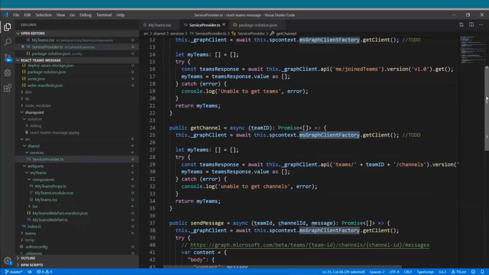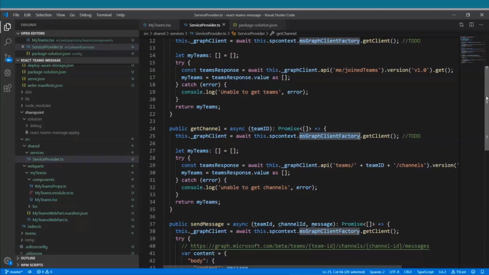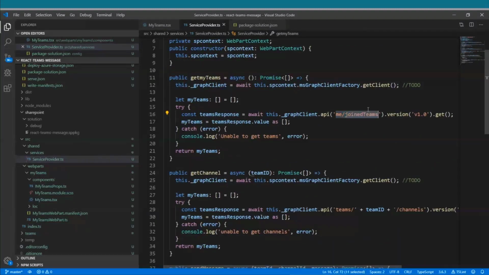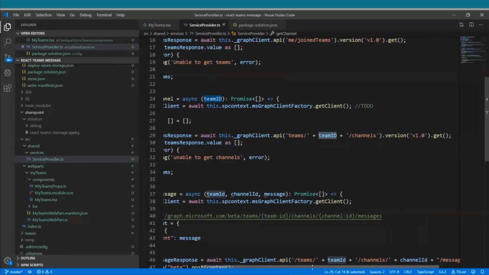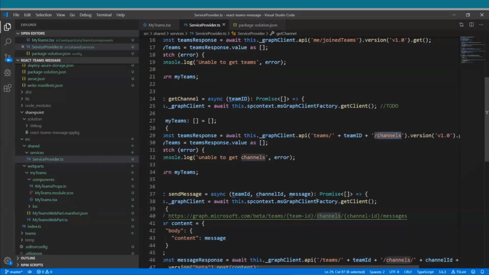So, as I said, three endpoints are being used here. The first one is to get my teams, which is me/joinedTeams, which will give the current logged-in user's teams. The second endpoint is to get the channels for that particular team, wherein we have to pass the team ID. This is passed dynamically as soon as the user clicks on the expand button of the particular team. The endpoint is /channels.